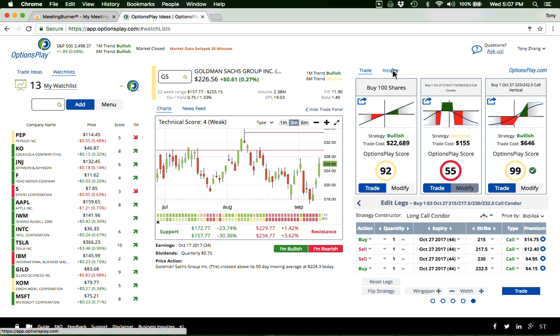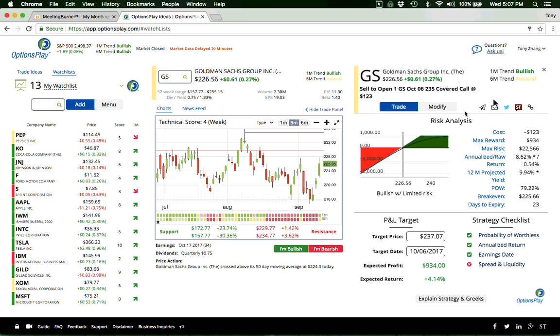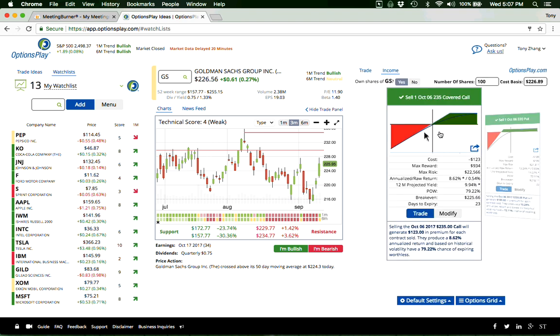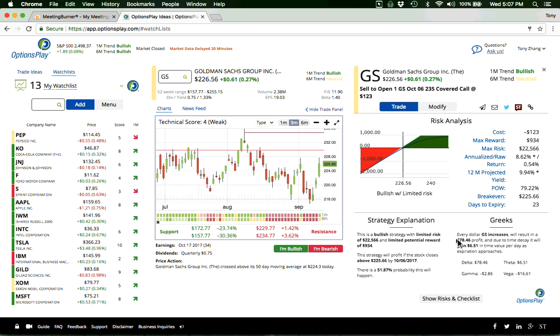Is there a way to see delta? Absolutely. So if you click on the Income tab, or any strategy rather, at the very bottom, let me just show everyone. If you're looking at a specific trade and you want to find the delta, there's a little blue button here that says Expand. And when you click on that, at the very bottom, it says Explain Strategy in Greeks. So this will actually tell you the delta. It'll tell you what the delta of each trade is